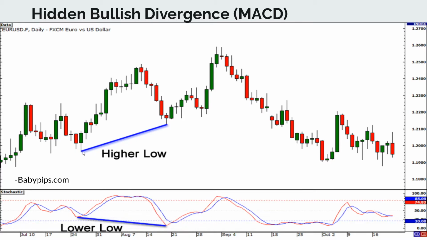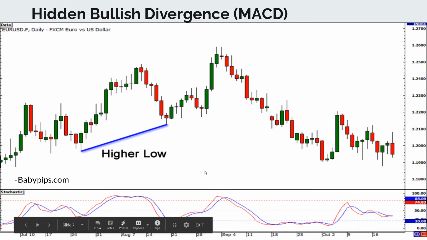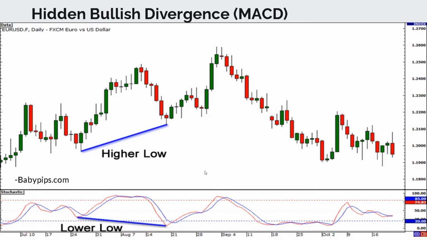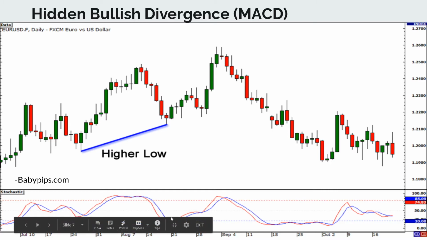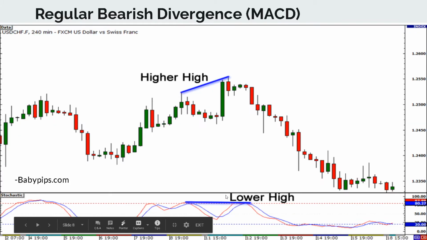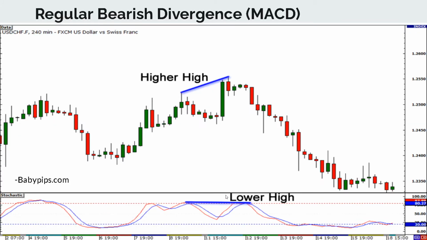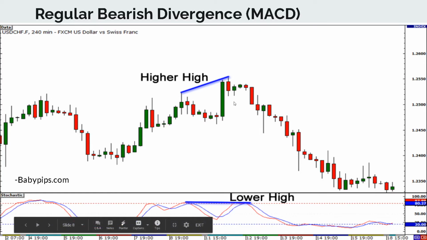Basically, you have a higher low on price, which means you run up and then you fall down, but where you fell down was higher than your previous low. And then you have the opposite on your oscillator, where you have a lower low. This is just your RSI, but as you can see, you went down from this low to the next low. Now, a bear signal, known as regular bearish divergence, is if you have a higher high in price on your regular chart,